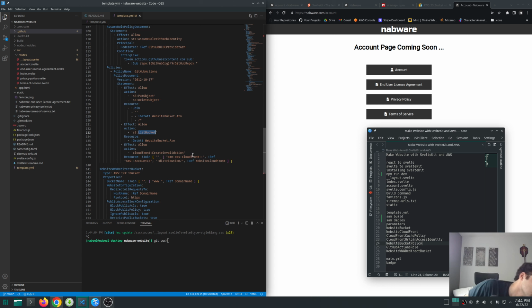So when we push a new change, if you want the change to appear immediately, you need to create an invalidation. If you don't do that, let's say you push a change, okay? You'll have new files. But if the CloudFront has already cached files with those same names, it's not going to serve the most up-to-date files to the end user. This is going to serve the old one until that TTL expires,